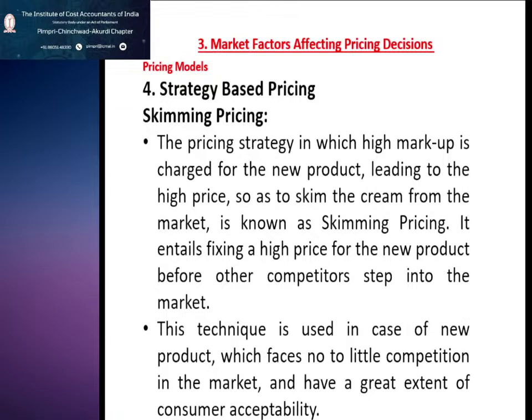Maybe electrical vehicles. Sorry, I am not able to get the name of the company. Maybe electrical vehicles. Something like Ola or Uber, cars which have been recently launched. Yeah, so I'll help you out. If you really closely observe the characteristics of skimming pricing,